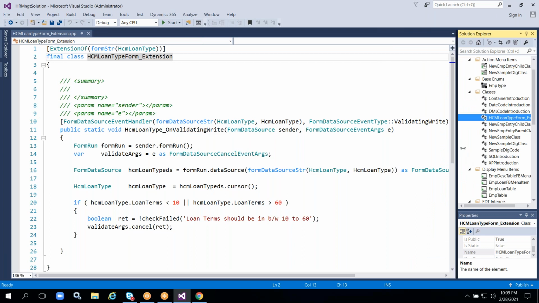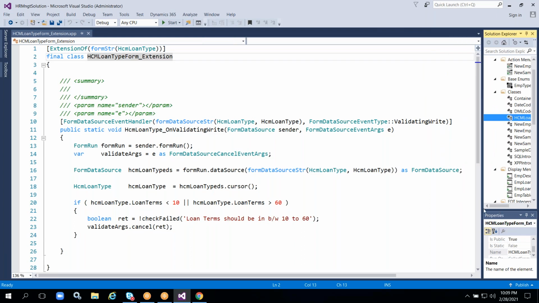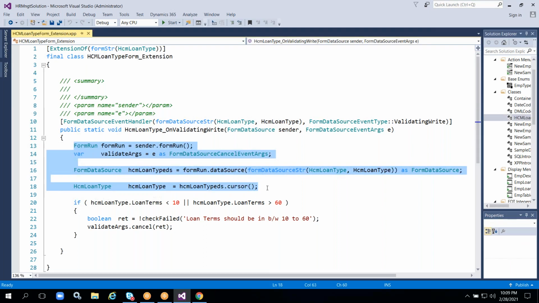This is called an extension method on a particular form. You just remember these 4 lines, that's enough. The remaining code you can write on your own. It will be confusing, so I think we need to go one